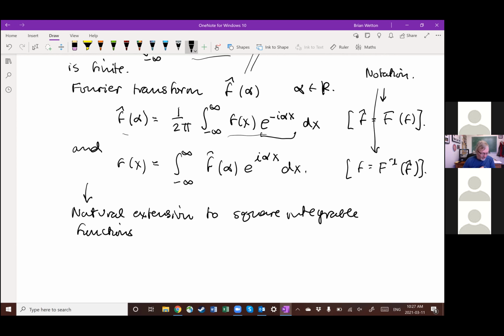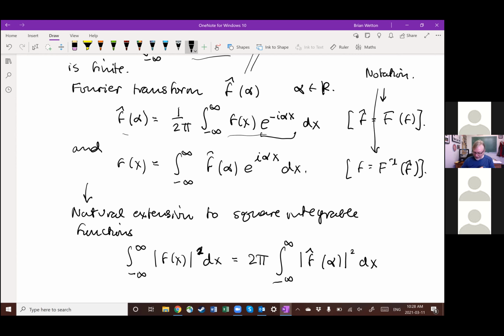So if you've got the integral from minus infinity to infinity of the square of the function, if this thing is finite, you can extend the definition of the Fourier transform to these kinds of functions. And then there's a nice thing: there's a relationship of the size of the function, the square integral, between one and the other. By the way,